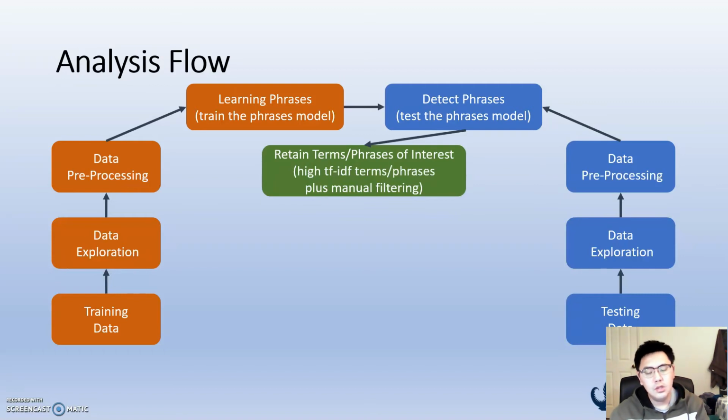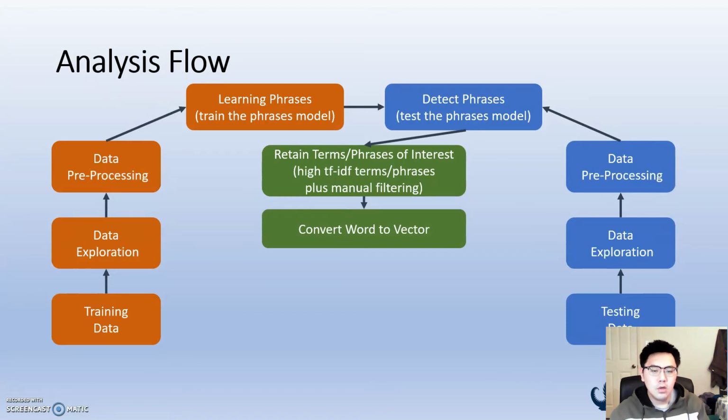We also need to do some manual filtering, because the TF-IDF model sometimes, or most of the time, doesn't filter out words that we are not interested in, such as some commonly used words. So here we need to do some manual processing. Basically we need to let the computer know what kind of words we are interested in,